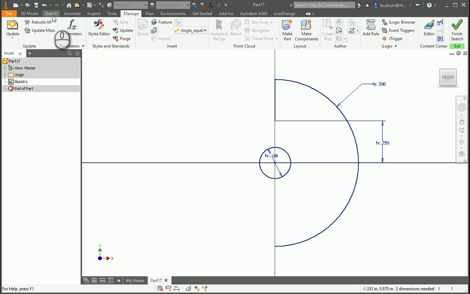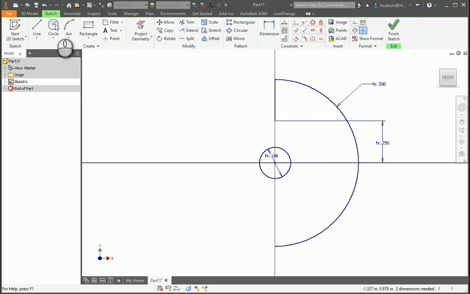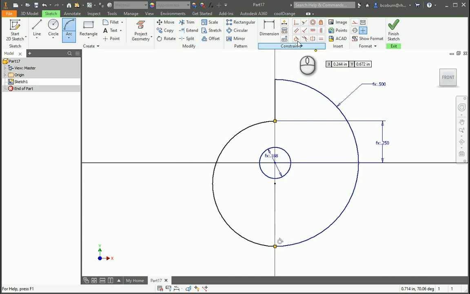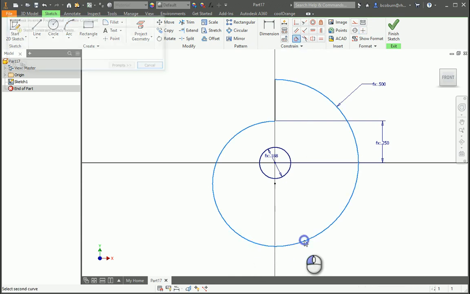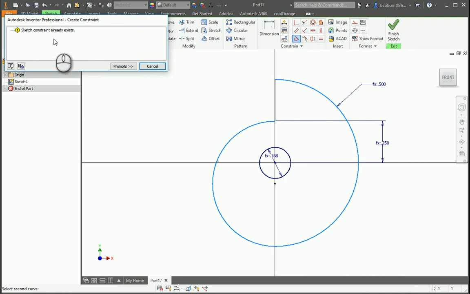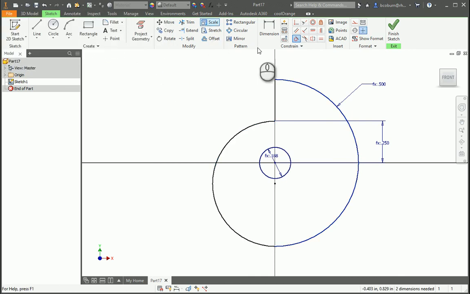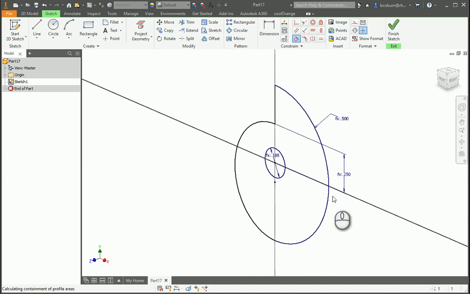The next thing I want to do is go to Sketch, and I'm going to do a 3-point arc, and I want to go from here down to here. And I'm going to pull out till I see the tangent pop up. Boom, it popped up. If it did not pop up, you would hit this. You say, I want this one tangent with this circle. And if you get this, it says it already exists. It's not an error. It's just reminding you that you're wasting your time because you're doing something that's already been done. And then it's a matter of extruding,